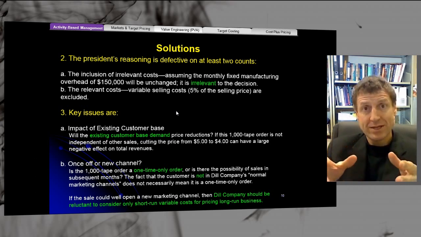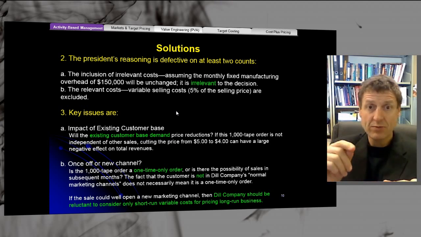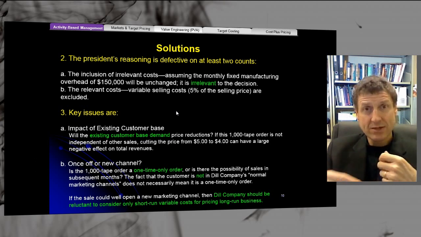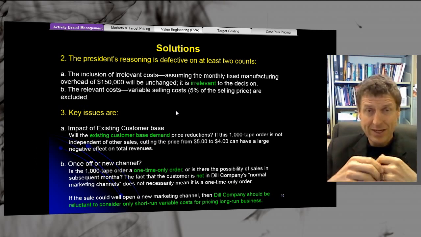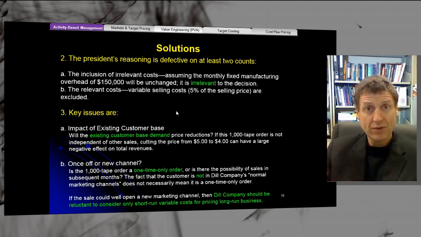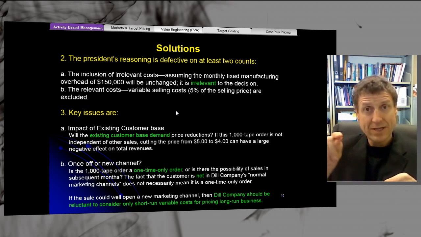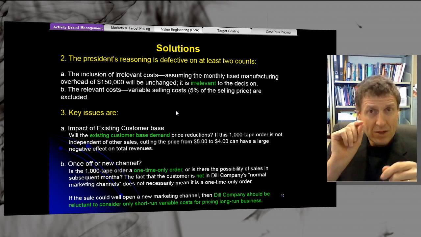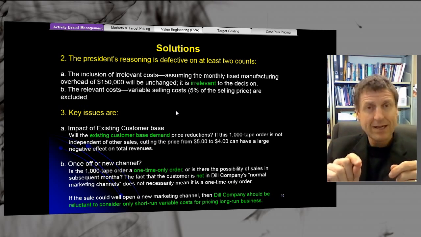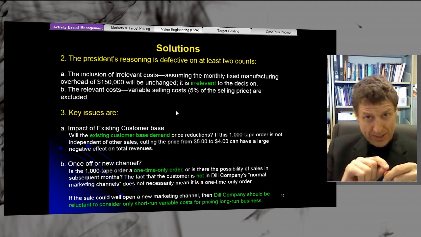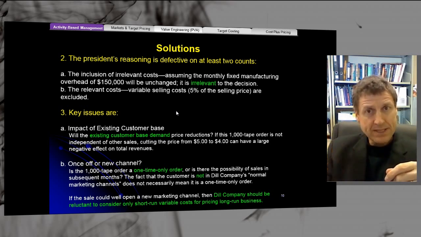And the president really didn't include a relevant cost, that is, the variable selling costs of 5% of the selling price. That was excluded, but it should be included. And so that's how you get a more accurate decision, by only including those costs that are relevant to that decision. Now, let me define relevance again. Any costs are relevant if they change as a result of going ahead or not going ahead with a particular